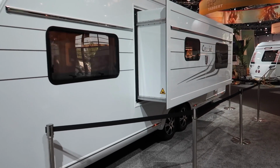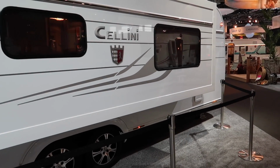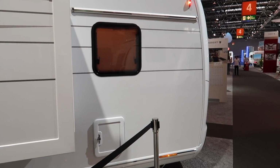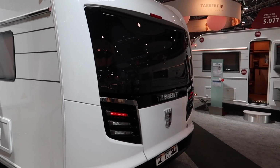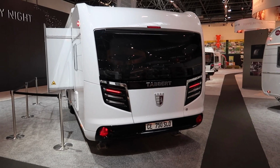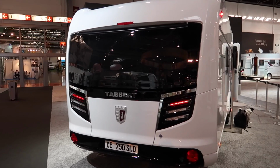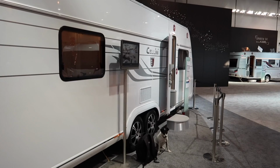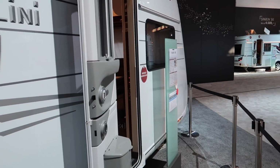Almost everything about this caravan will make your eyes water. The price starts from €70,000 and this particular one is knocking €88,000. Amazing back on it, isn't it? And the maximum permitted weight for this caravan is 3,000 kilos. So let's go and see what you get for that money